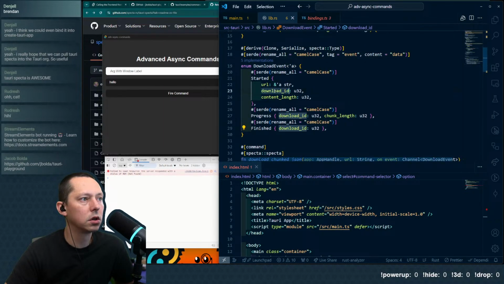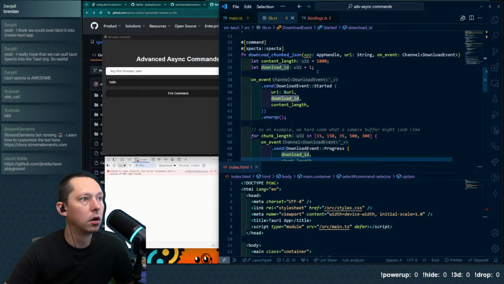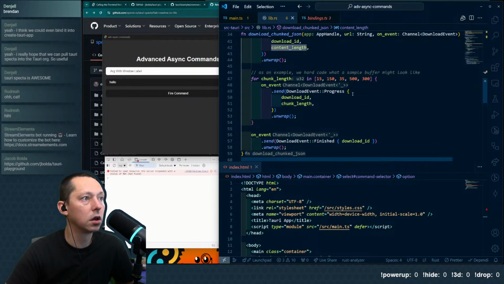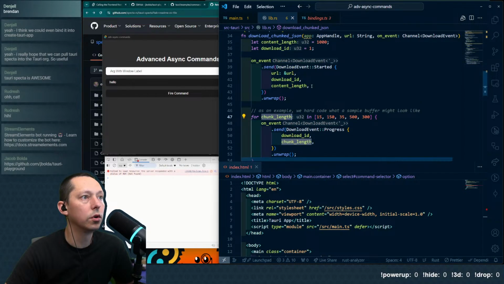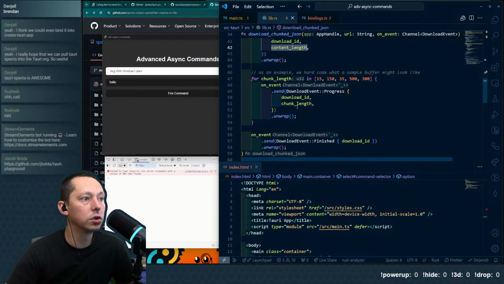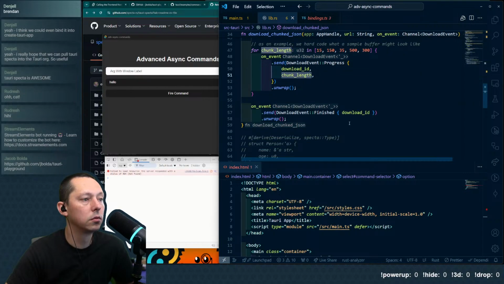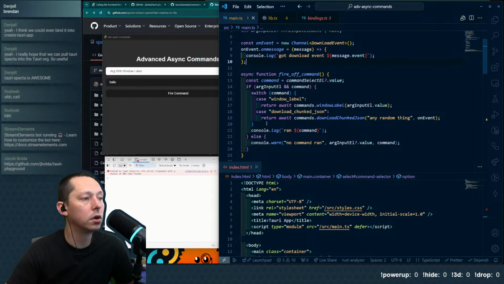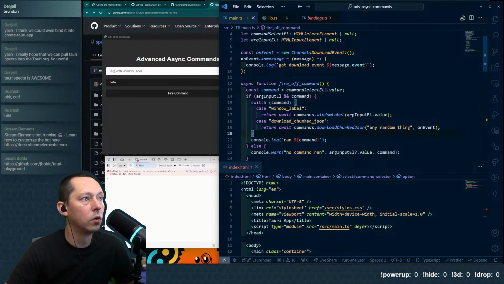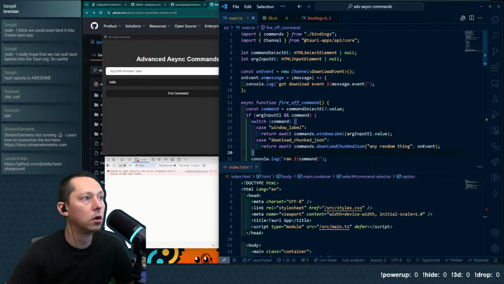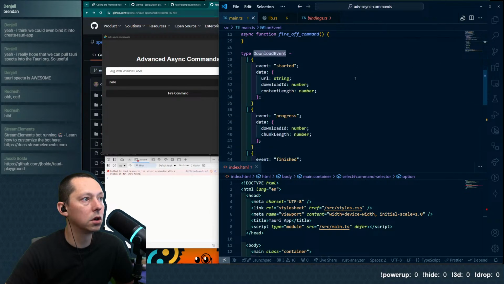What's the download ID? Oh, 1. Okay. And then we're just hard coding content length. Oh, no, we're not. Content length for the initial, and then we're putting it in here. So what we can do here is, when we get a message, download event, what does this look like?